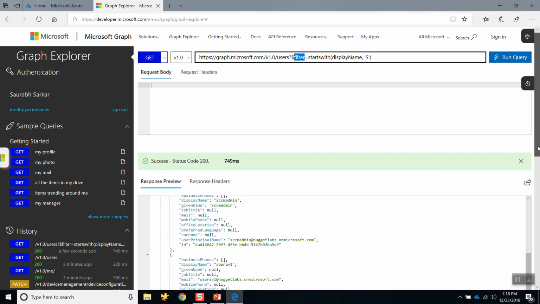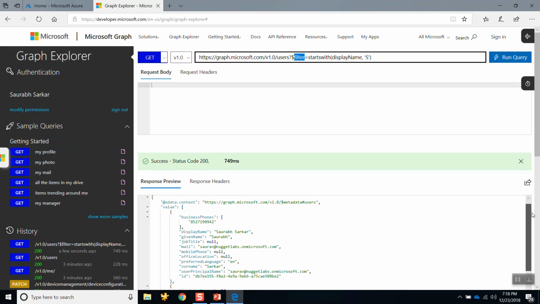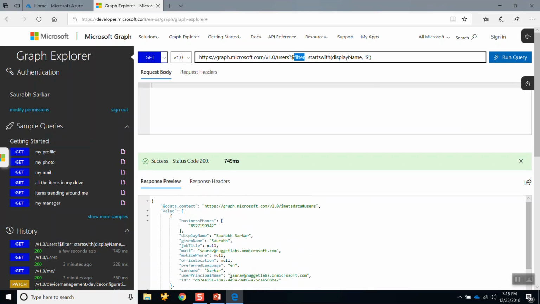So let's just do something more neat here. Let's just say that I wanted not all the users, but a user whose user principal name is this. I just want the information of this user, whether this user exists or not. So for that, we will have to modify the search criteria. So now I'm not going to do a starts with. Now I am going to run the query at